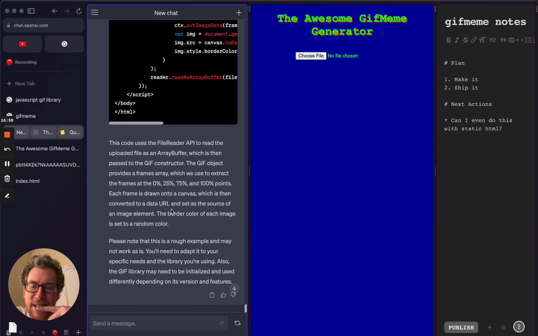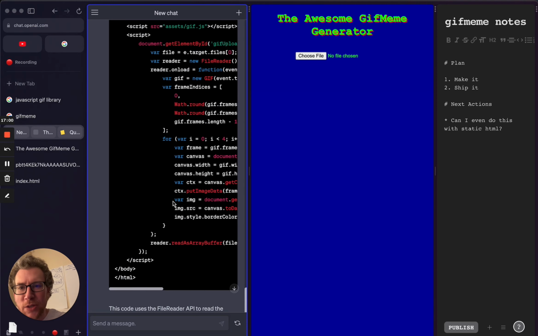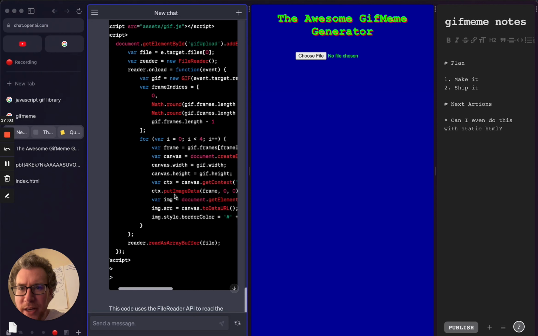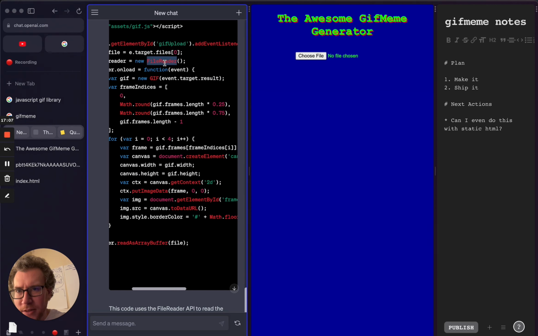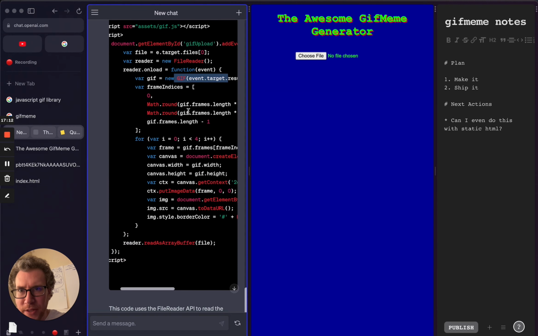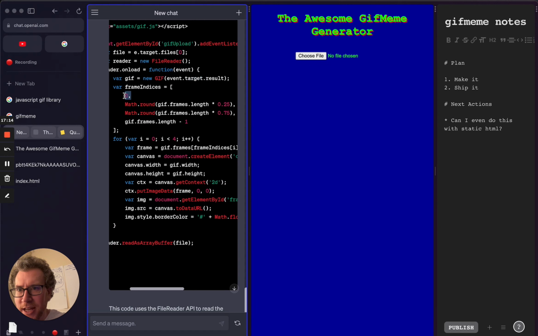So I try to read this, and then I usually will just take a glance at the code here so that I'm like, okay, I can see that, yeah, the file reader, then it's passing it to this GIF, which is probably the GIF.js. It's saying the first frame, 25%, because it's got the frame's length here, and then the last one, -1. Probably because it starts with 0. I don't know. I'm not sure why there's a -1 there.